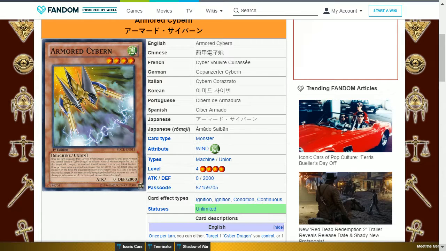The next card is Armored Cyburn. This is a support from Yu-Gi-Oh! GX. This was in Season 3, I believe, and it was used near the end of the series, when I believe Zane, in his darker form, dueled Jaden just before the gate so that he could rescue Jesse. Anyway, this card is a Wind Machine Union level 4 with 0 attack and 2000 defense, and its effect is